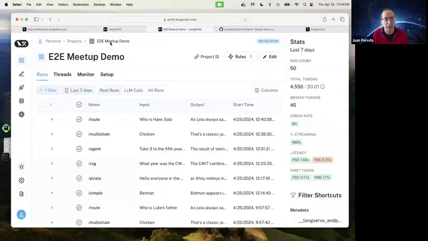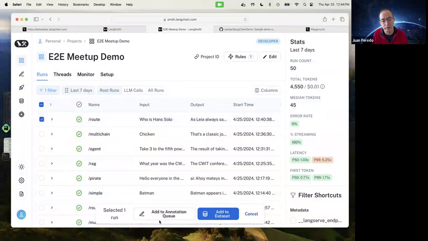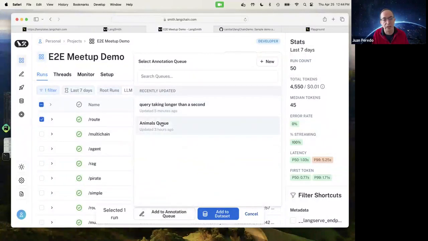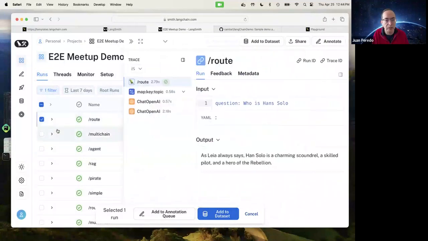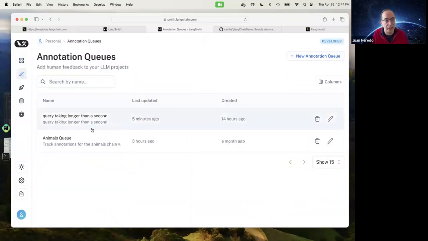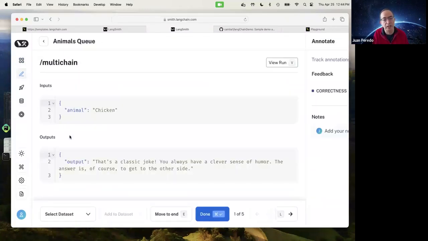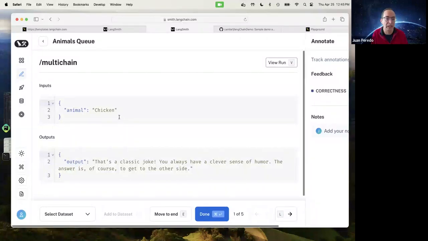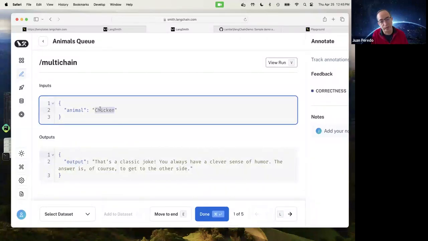Another really cool thing that you can do here to evaluate your LLMs is that you can send this to an annotation queue. When you send it to a queue, basically what happens is, this is actually a queue that I set up for evaluating our animals endpoint.